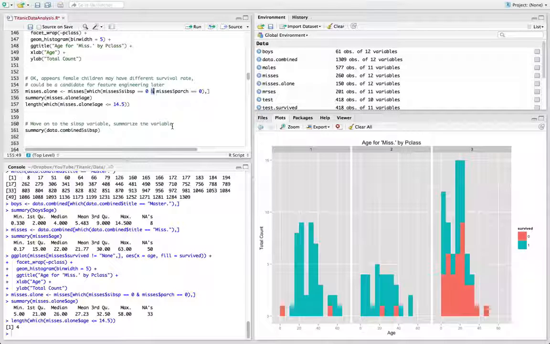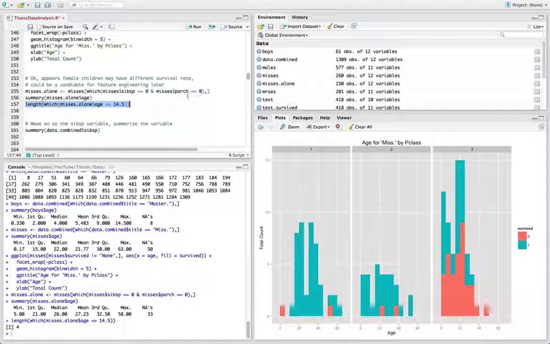Notice that unlike a lot of programming languages, it uses a single ampersand here to do a logical AND. So this says, go through all the misses data records, find those with a sibling spouse record equivalent to 0, and then also find me a parent-child record whose value is 0, and then return me back the indices where both of these things are true simultaneously. Give me back all of the variables and pull that from the main misses data set and cram that into the misses alone variable. Then summarize the age for me, and then give me just the length of which,